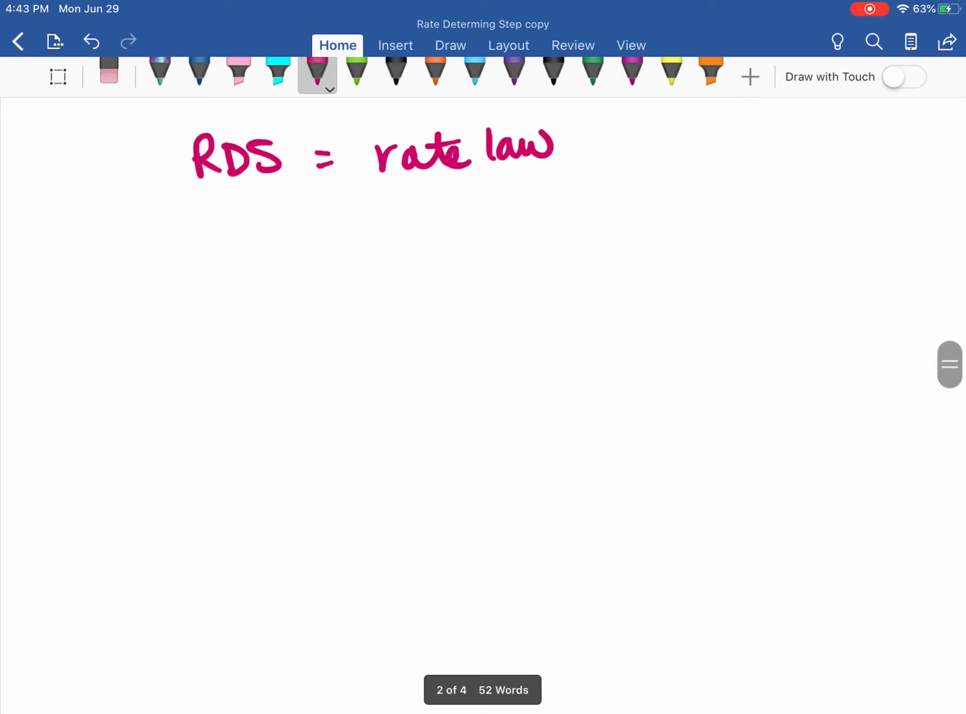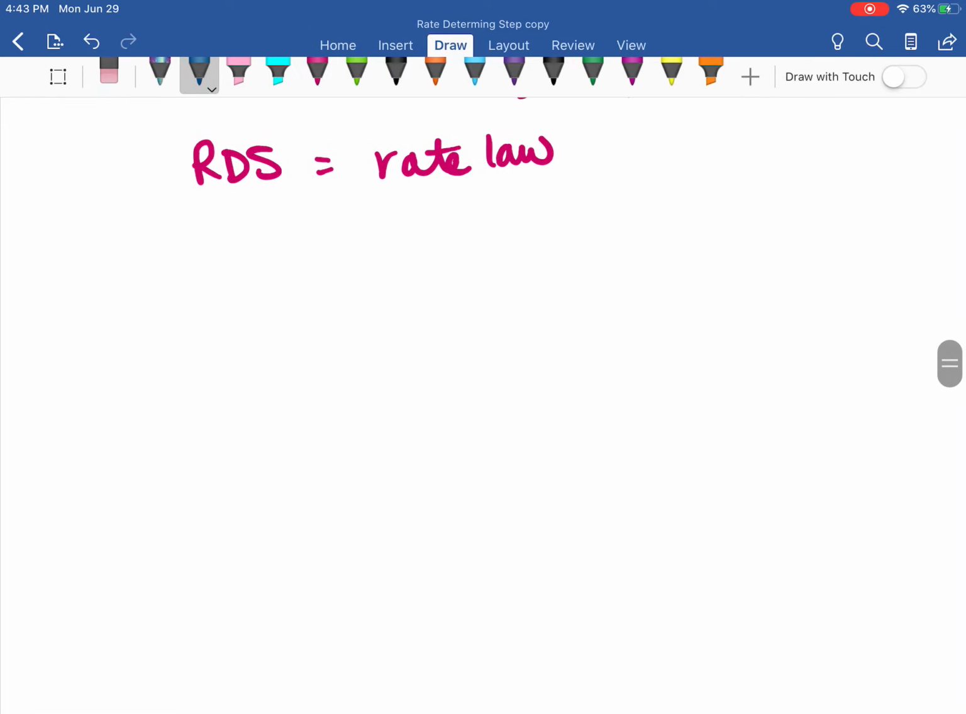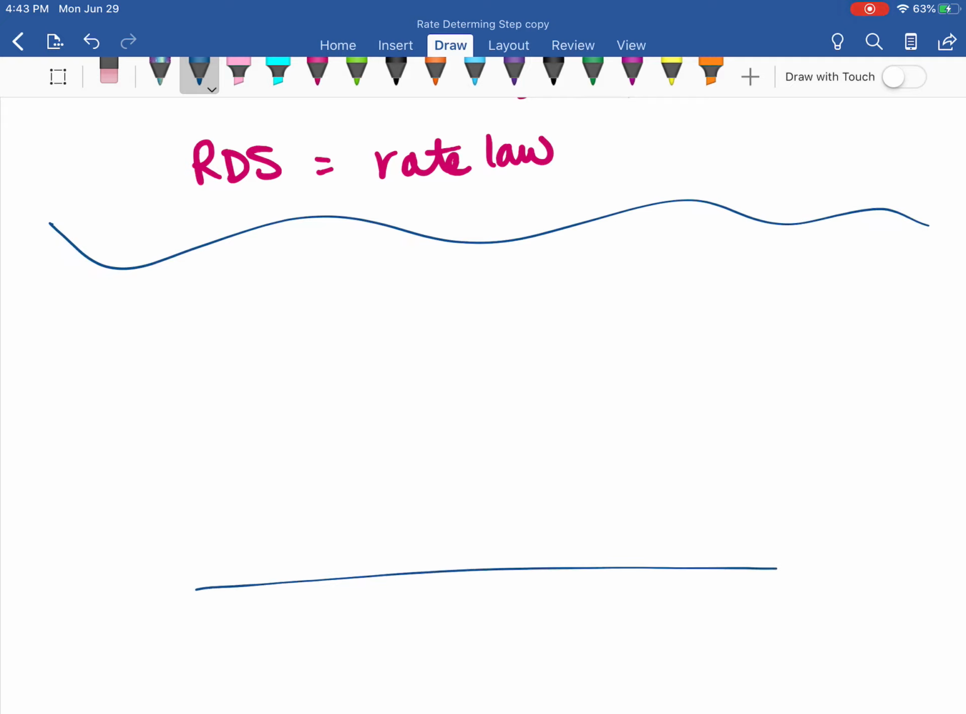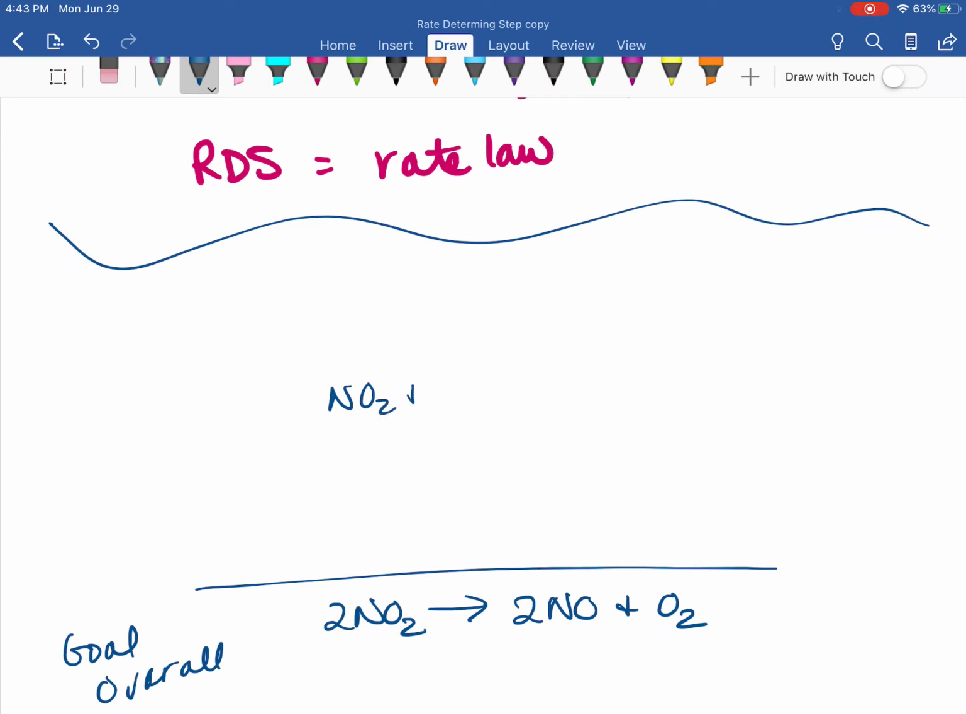All right, so let's do another equation. I am going to choose one that's kind of small, let's start small. Our overall process, so our goal reaction or the overall reaction, 2 NO2s are going to make 2 NOs plus oxygen. That's our goal. That's our overall reaction. But it turns out this reaction happens in 2 steps. So we have NO2